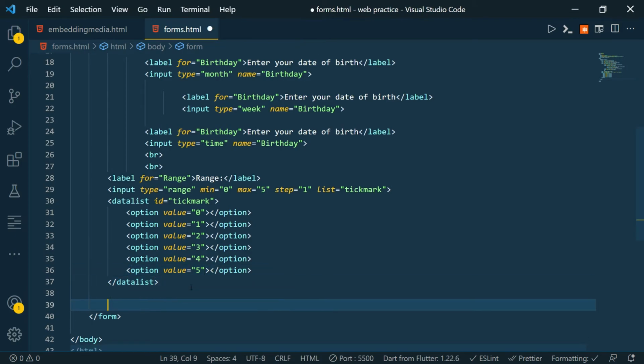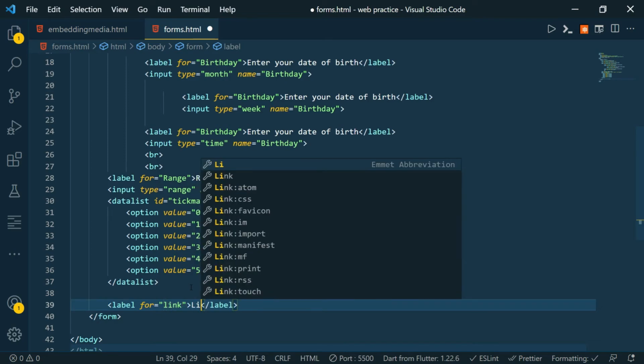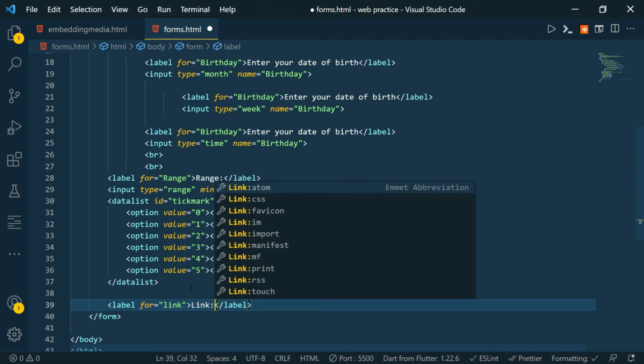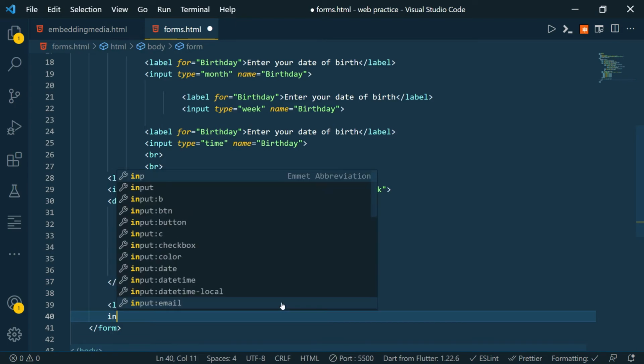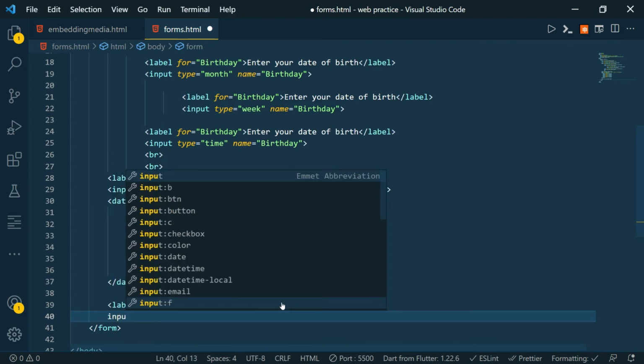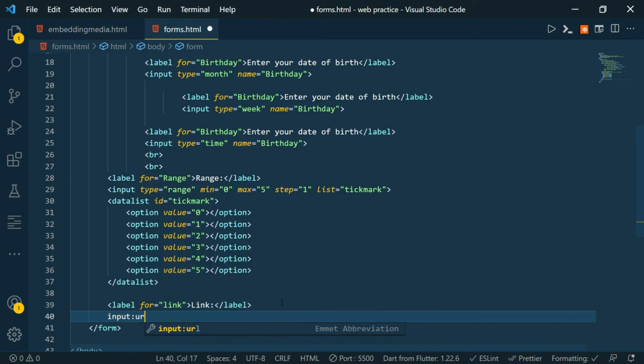The next type of input we can take is URL. We can use it if we want to take a URL from the user as input, like a link. We can ask our user for a link. We'll write input URL, and the name will be link.